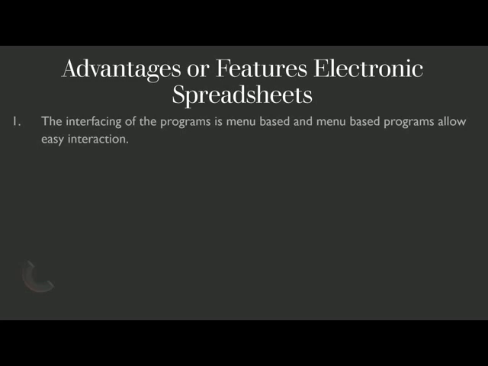Whereas in case of 2007, the design structure has been changed. It is in the form of tab format. Once we click on a tab, a particular ribbon will be opened. A ribbon contains groups and the group contains the commands. Once we start with the practical part, we will come to know about the structure.